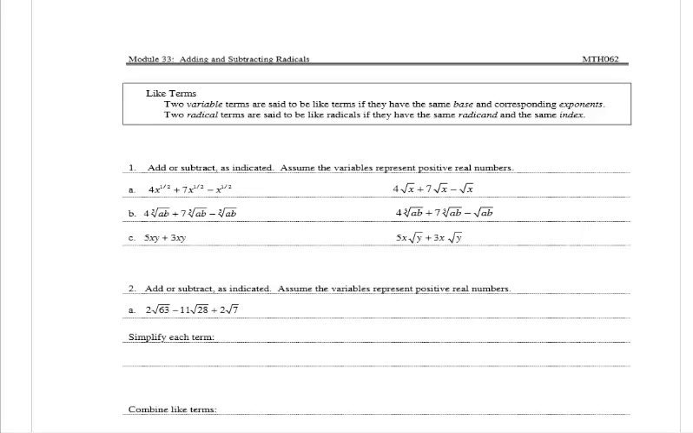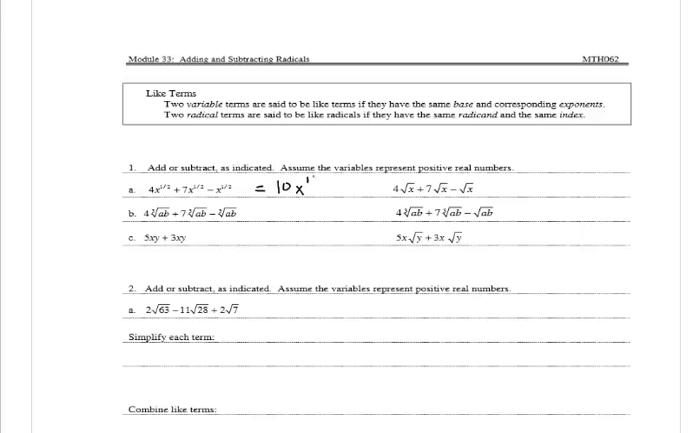In one, they want us to add or subtract as indicated. Assume the variables represent positive real numbers. In A, we have 4x to the 1/2 plus 7x to the 1/2 minus x to the 1/2. And all of these are going to be like terms because the base is the same, x, and the exponent is the same, 1/2. So we're going to add 4 plus 7 minus 1, which is equal to 10, x